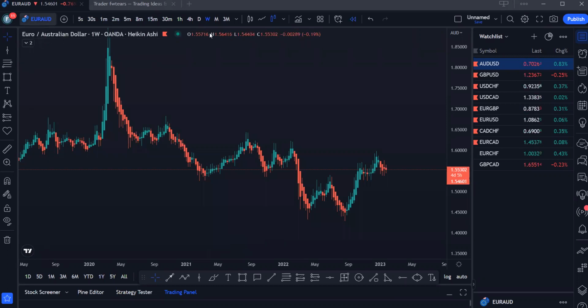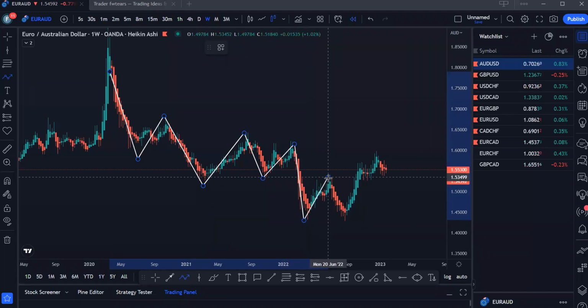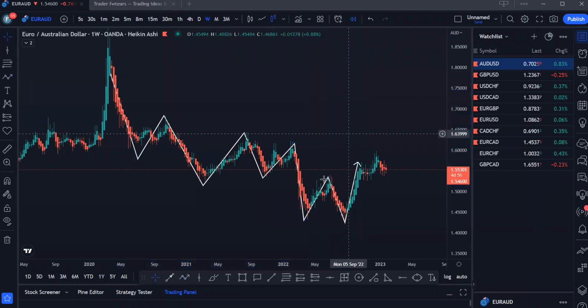So when you check out Euro AUD, this is the weekly time frame. What is the structure? Now, if I'm using Heikin Ashi, what can I see here? This is the weekly chart, by the way. We have price giving you a downtrend, like so. And then what do we have? A break of this lower high here, and then we can see a retracement, and price on Euro AUD is in an uptrend